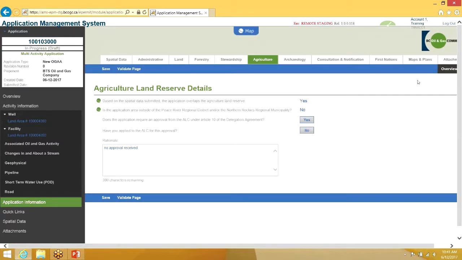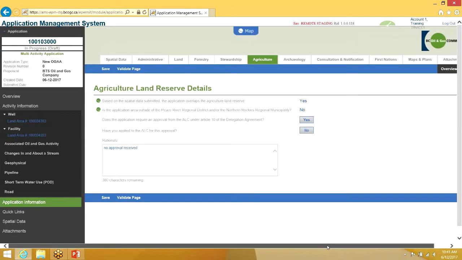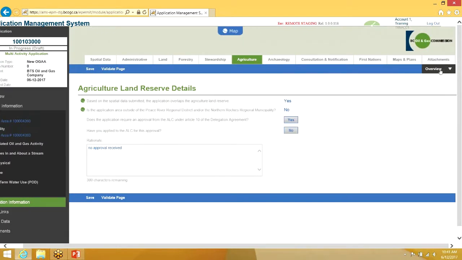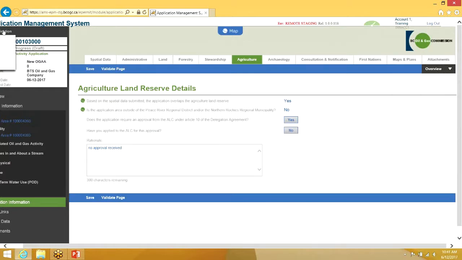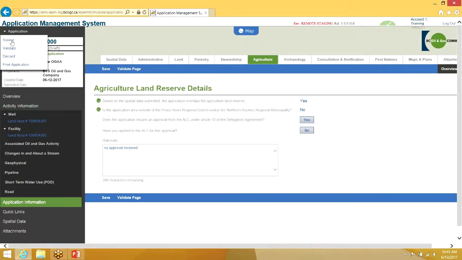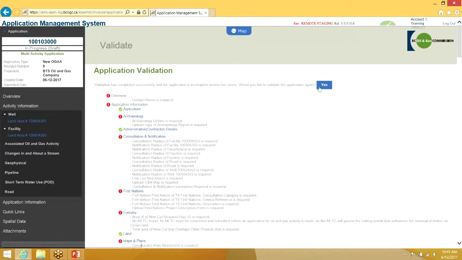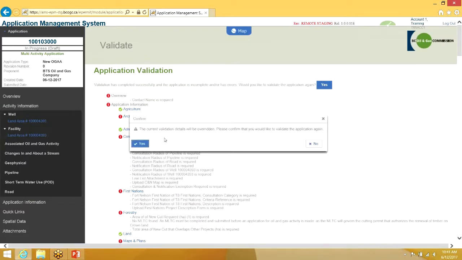Another thing to note as well is this overview tab here. So this overview tab is displayed for you once you've generated the application validation at least once. So if you have not generated the application validation, so what that means is if you haven't gone to this section here and selected yes,